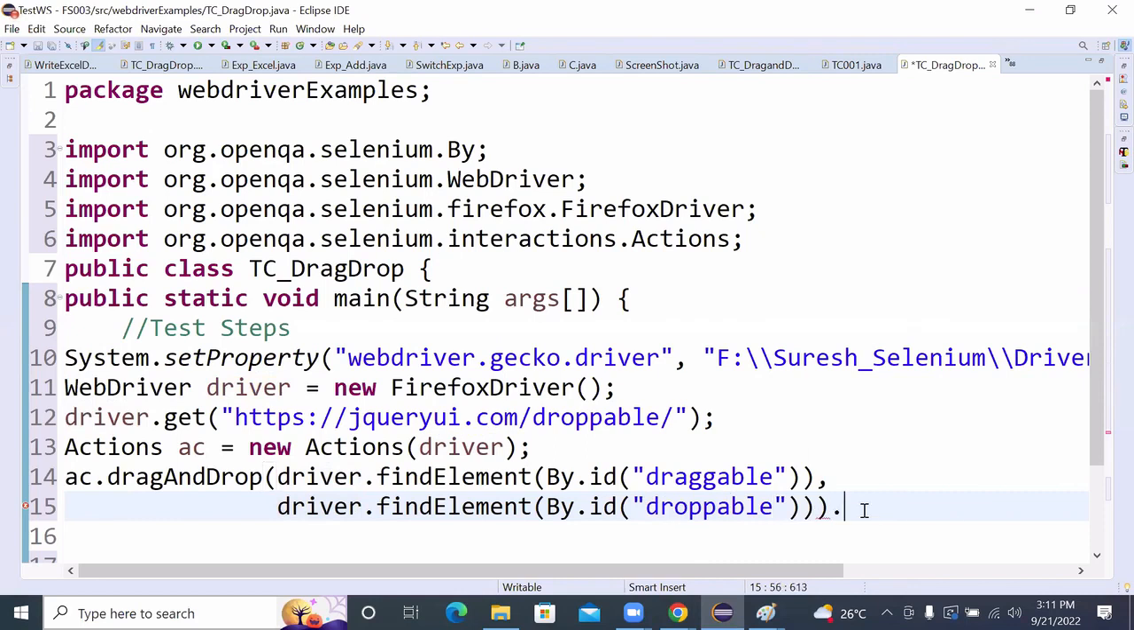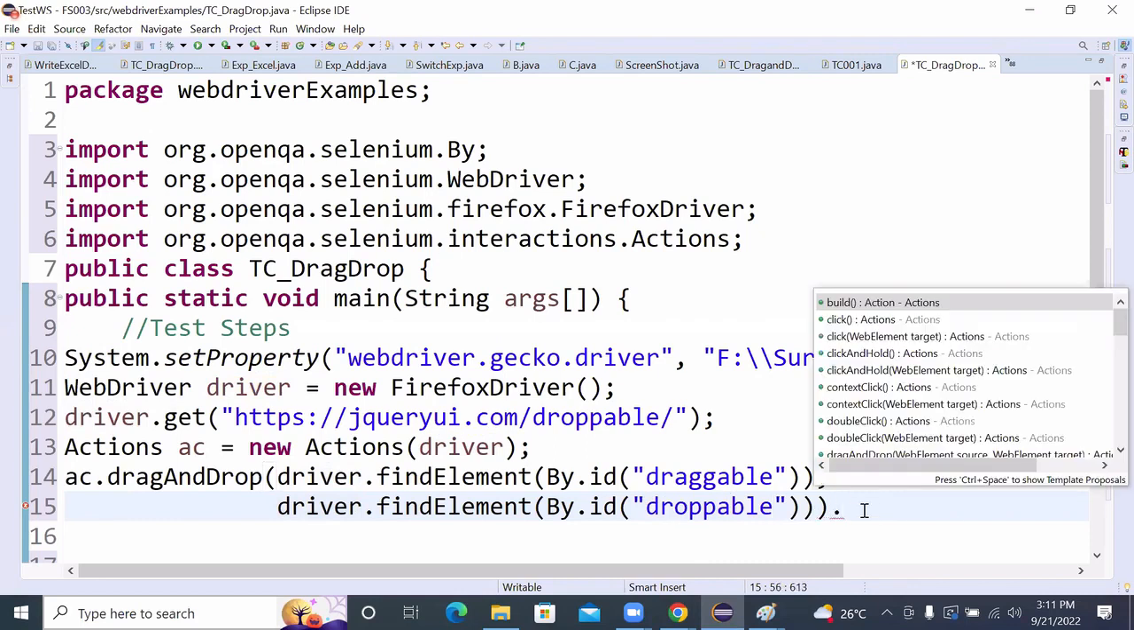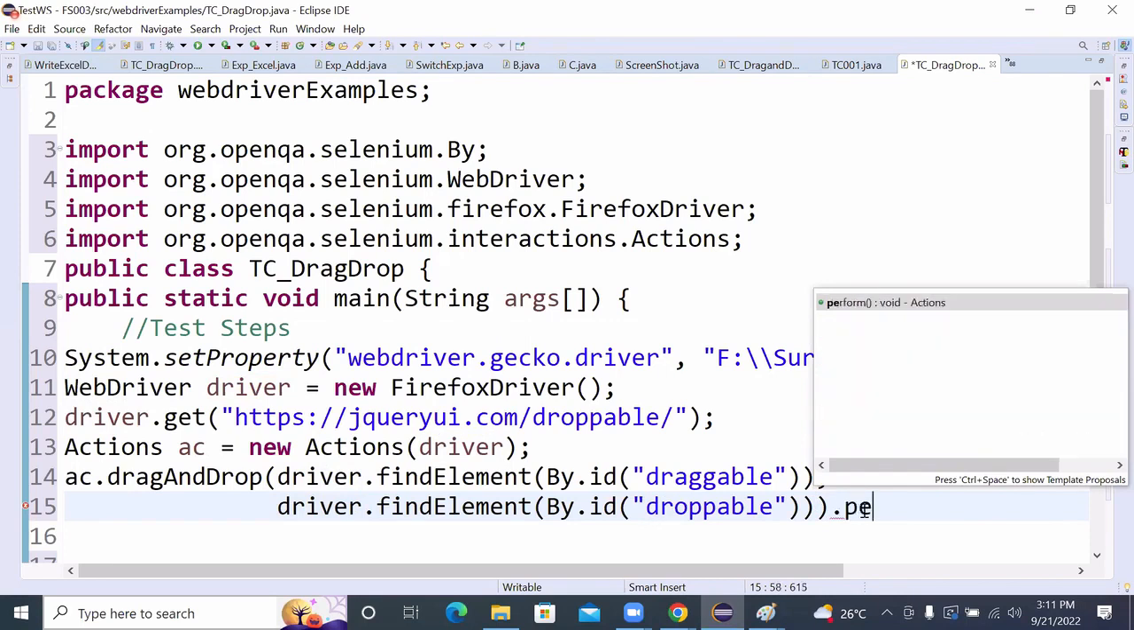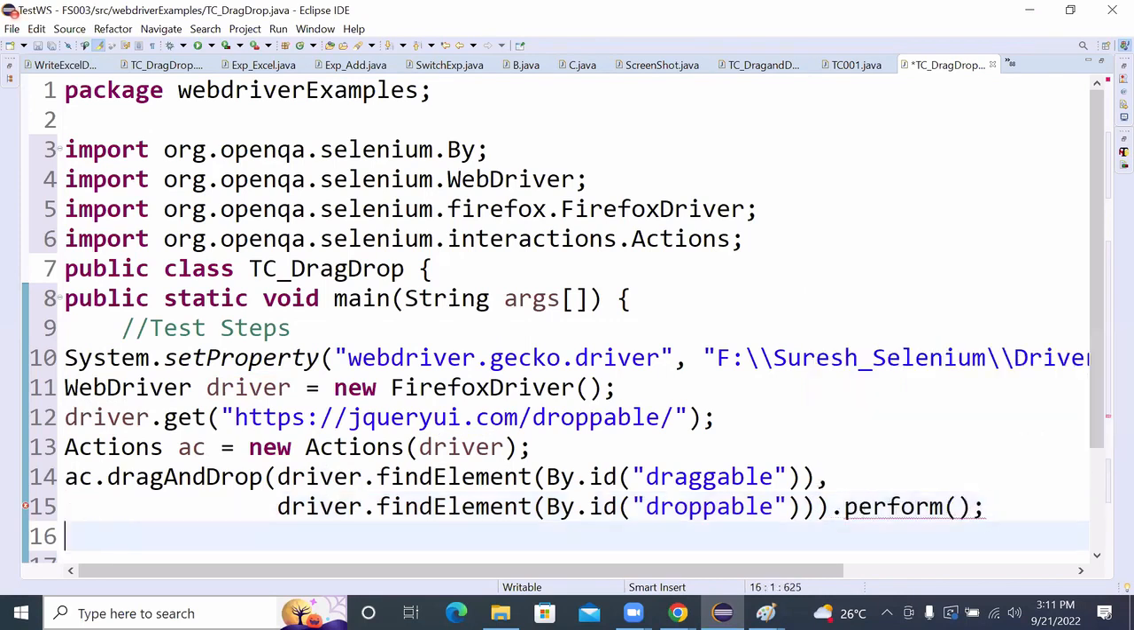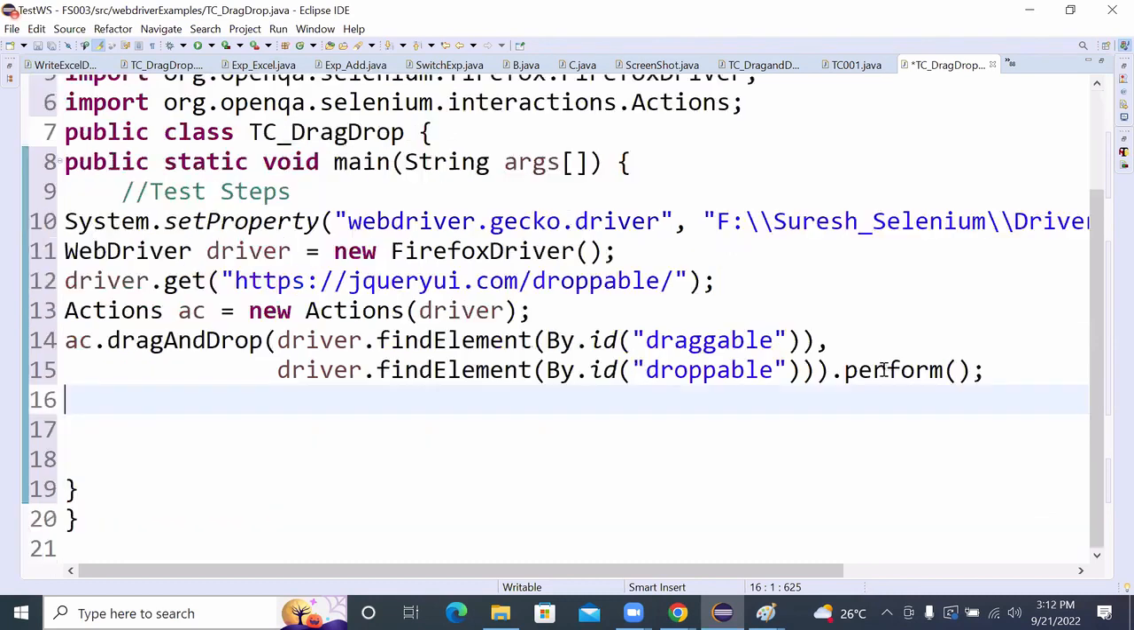This action needs to be performed, so we will use dot perform. While working with any program of Selenium, if you're working with the actions class, you can write that particular statement dot perform. For the confirmation,